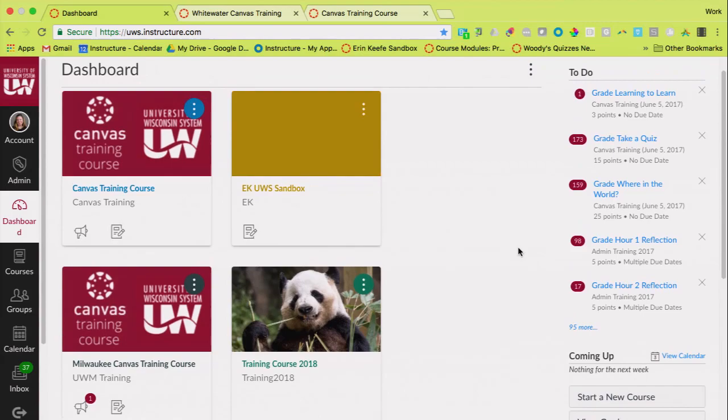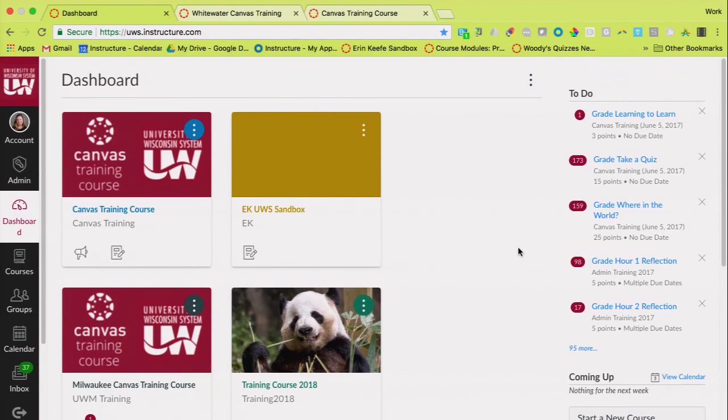And then you probably see some other cards. Does everyone see some other cards on your dashboard? Some master, we call them master courses for you guys. You can use any one of those today as like a sandbox environment, a place to play around. So as I'm showing you how to build, feel free to pick any one of those to do your building out of. None of those are live.